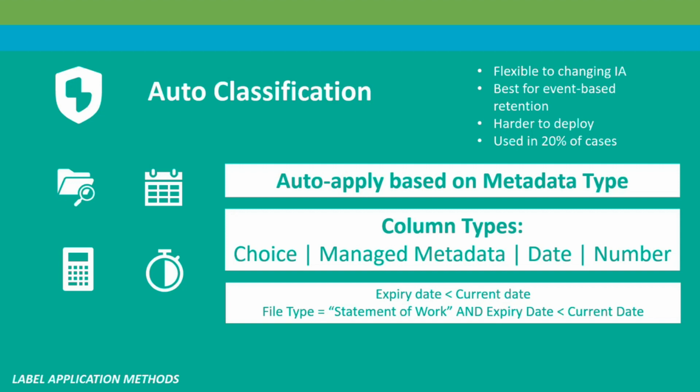The example we gave here is just a query where you want to apply a retention label when the expiry date of the file is less than current date and the file type equals statement of work. So now we have these two components put together, saying that if you have a document library, any file that equals a statement of work type and has an expiry date less than current date should get applied a specific label. You can see right away how this can get quite specific based on your use cases, that based on certain metadata columns, certain content types, you're able to specify what retention labels should be